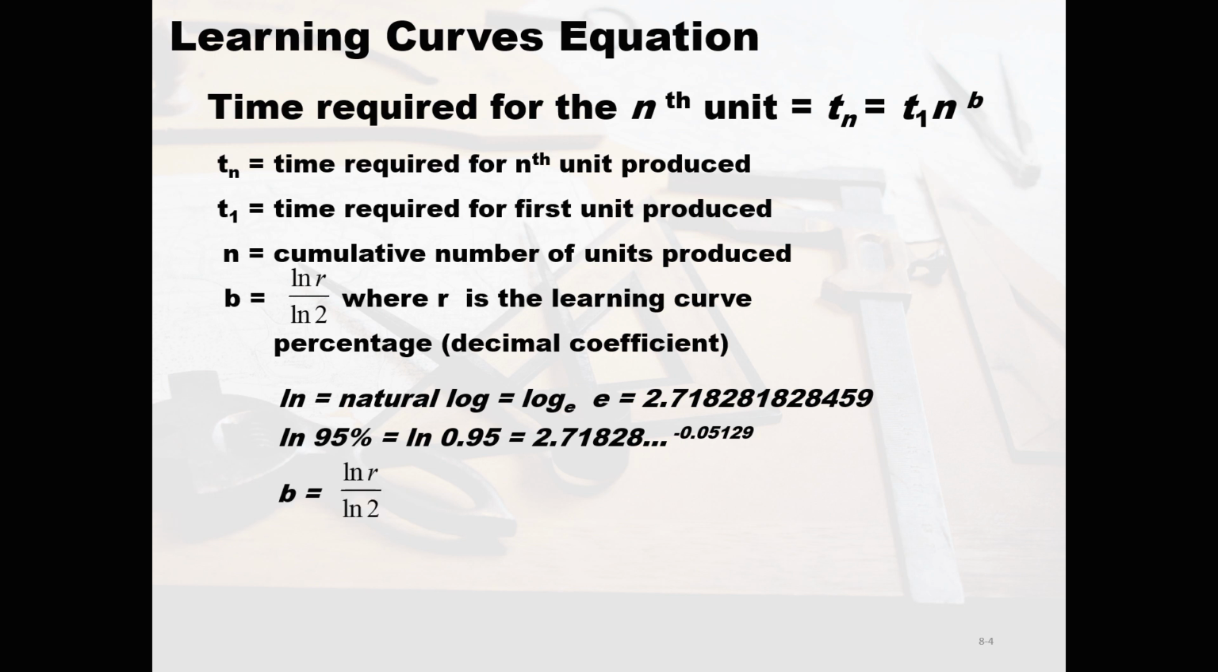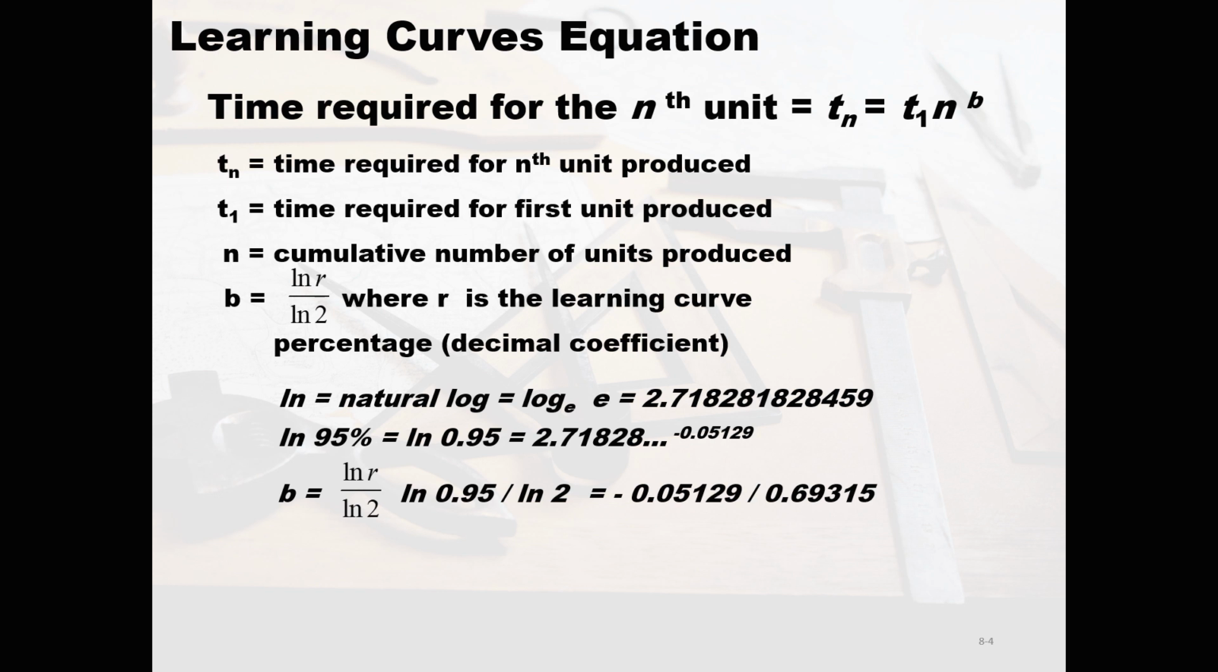All right, so again, we're looking at B. B is the natural log of 0.95 divided by the natural log of 2. Remember, we have to raise 2.71828 to a negative 0.05129. That's going to be our numerator. Our numerator is going to be 0.05129, and the natural log of 2 is always